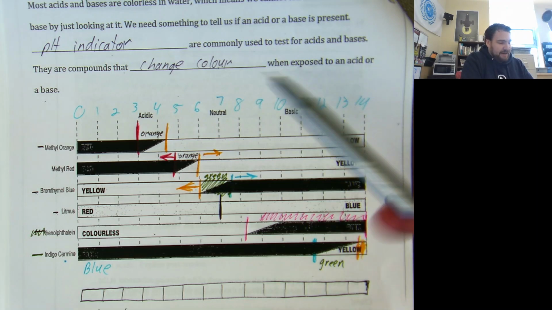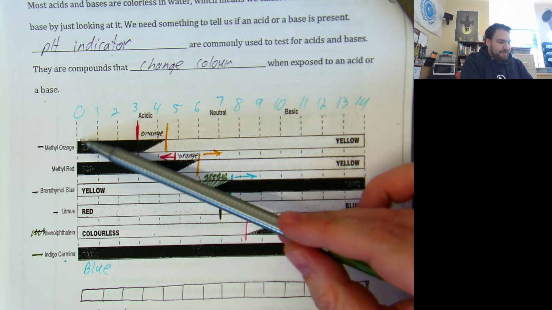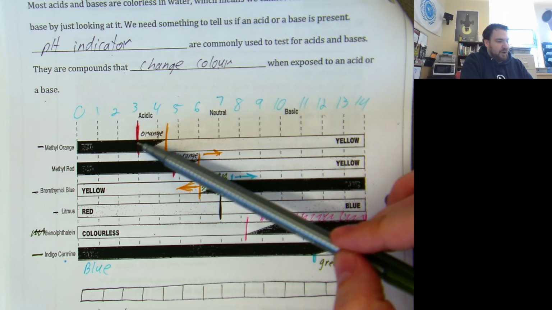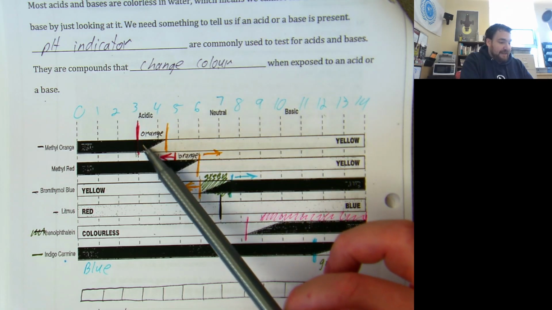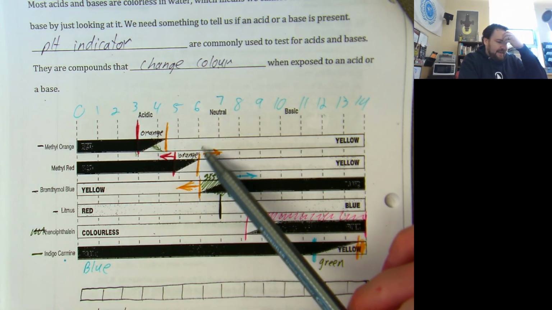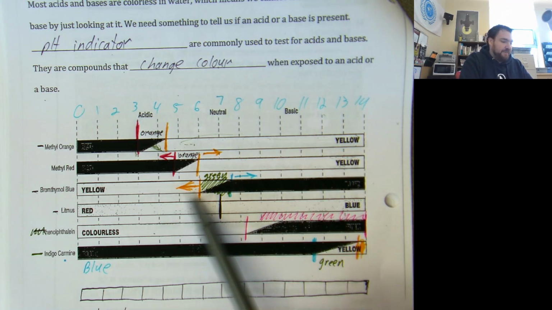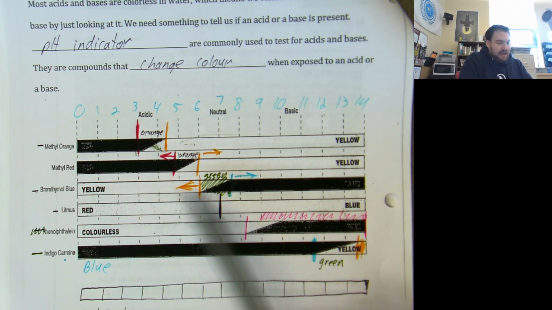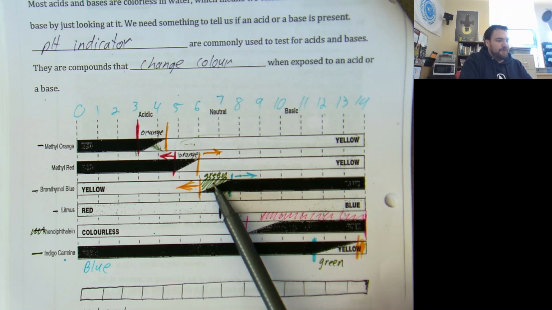So for example, if methyl orange turned red in something, that means the pH is down here, 0, 1, 2, all the way up to 3. Between 3 and about 4.5, methyl orange is going to be a blend of these two colors, the red and orange, so it's going to be orange. And then beyond that, methyl orange was supposed to turn yellow. Likewise, bromothymol blue down here on the acid side would be yellow. Up here on the basic side would be blue, and it would be the blend of blue and yellow, so green, for neutral solutions, and it was green for one of these things,